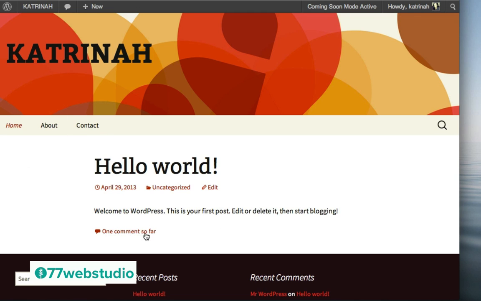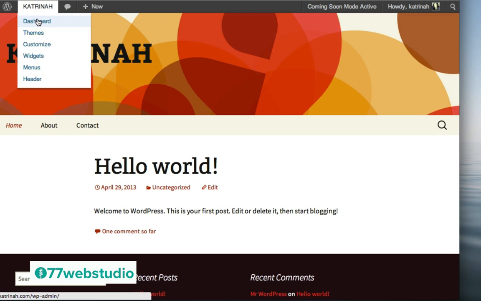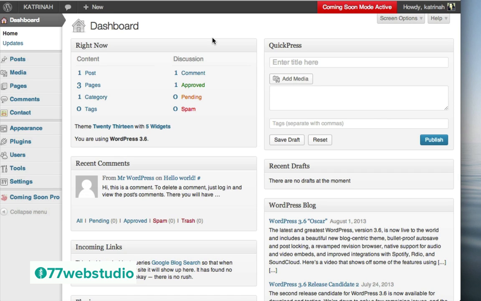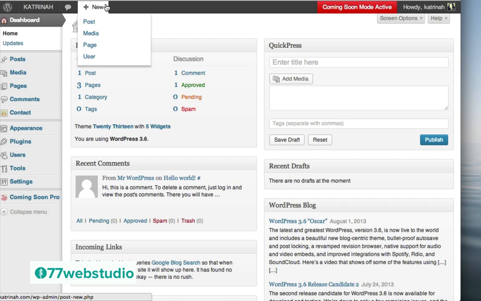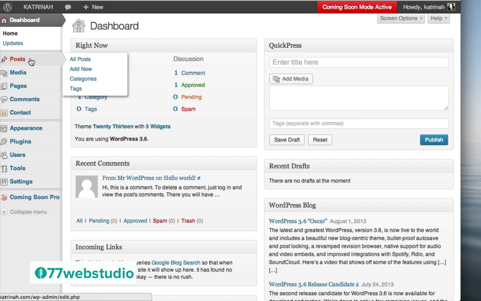The next step is let's add some post content to our WordPress website. To add a new post, you want to go back to the dashboard by clicking on Dashboard. And to create a new post, just like we created a new page, we can either hover over this plus New item here in the top toolbar and click on Post, or on the left-hand side, we can click on Post. So I'm going to click on Post right here.